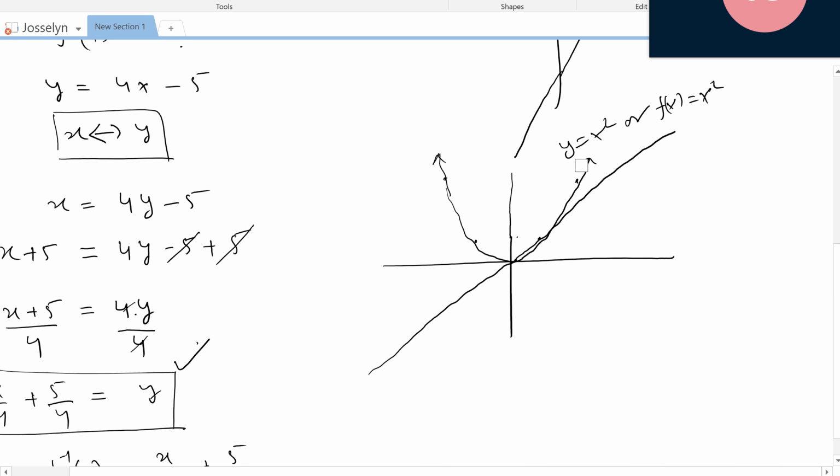If you want to find its inverse, you're gonna flip it in this line, or find its reflection in this line, and that line is y equals x. Right? That's why we replace x by y and y by x. So the reflection of that is gonna bring you into another quadrant. It's gonna look like,